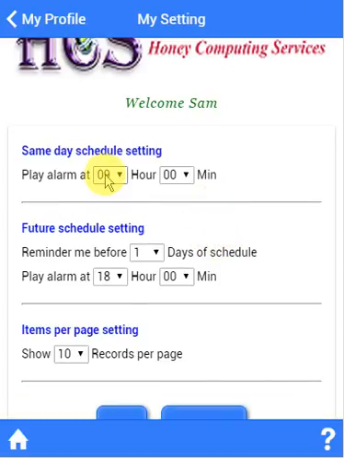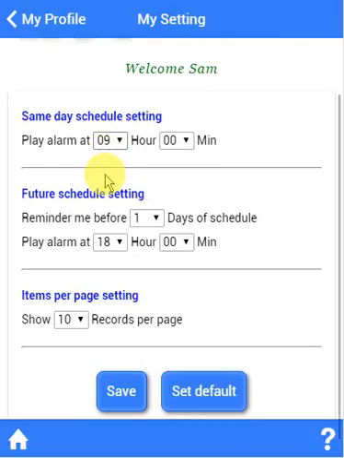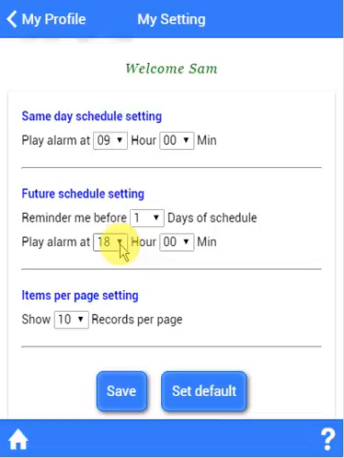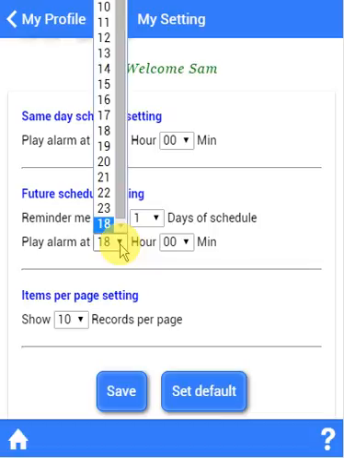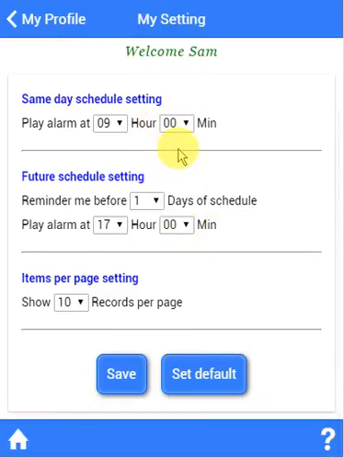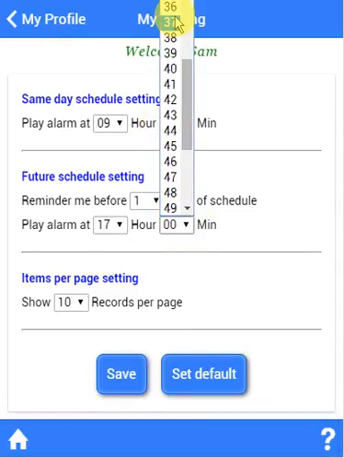Whenever you add a new hearing, our software sets an alarm notification on your mobile device, so that suppose the case is on 21st August, it will remind you on 20th August at 6 p.m. in the evening. This is the default time which I have mentioned here. But if you want it to be displayed at 5 o'clock or 5:30, then just go here and you can change the setting to 5:30.